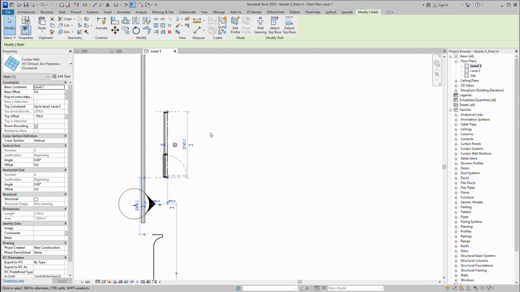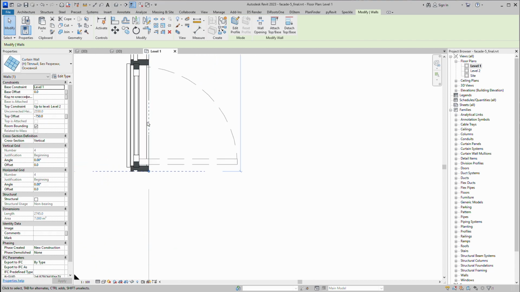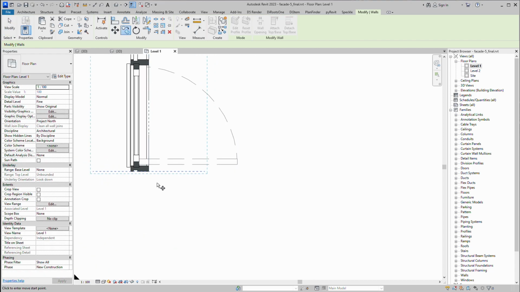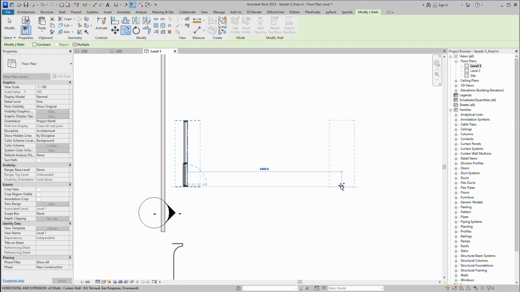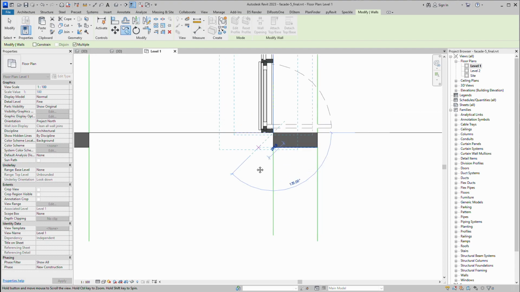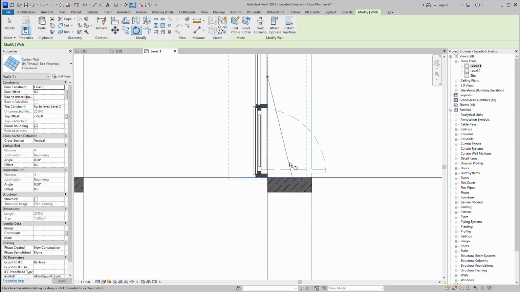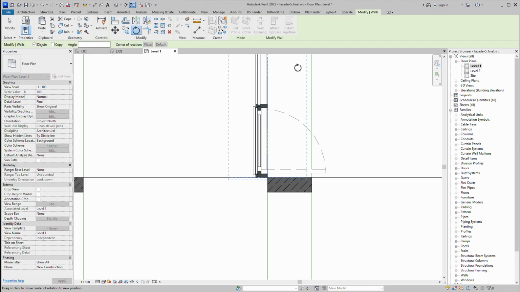So this is only up to you. I will use mine, so it's much better for me. I will copy it. Yeah, I'm so lazy. I will copy it. I will place it here. I will select this one and I will rotate. I'm just using these